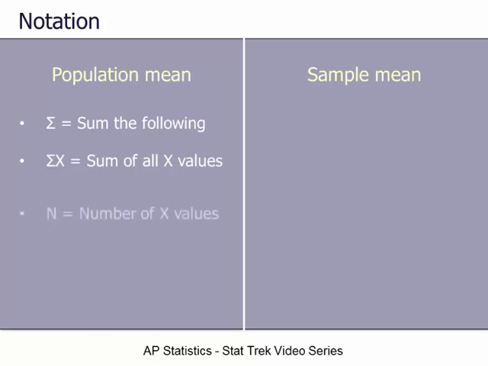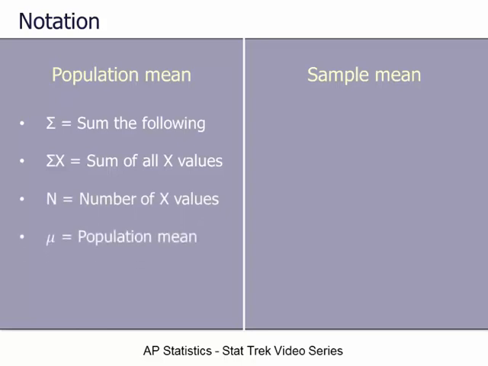The capital letter N represents the number of x values in the population, and the lowercase Greek letter mu represents the population mean. Using this notation, we can express the formula for the mean of the population as follows. This formula simply says that the population mean is equal to the sum of all population values divided by the